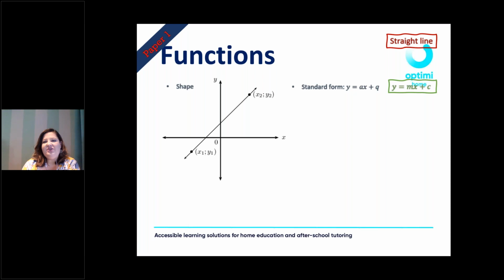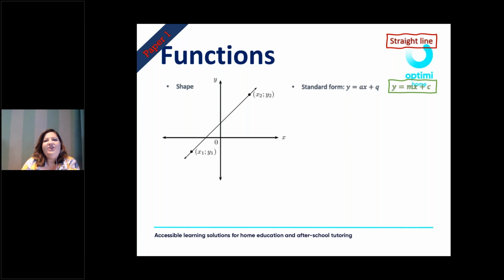So I'm sure that a lot of you have seen this y is equal to mx plus c. So the m represents the same variable as a, and c is the same as q. This is a bit of an outdated formula, the mx plus c, but it still works. You are allowed to use that as well. You just need to know what applies to the a, applies to the m, and what applies to the q